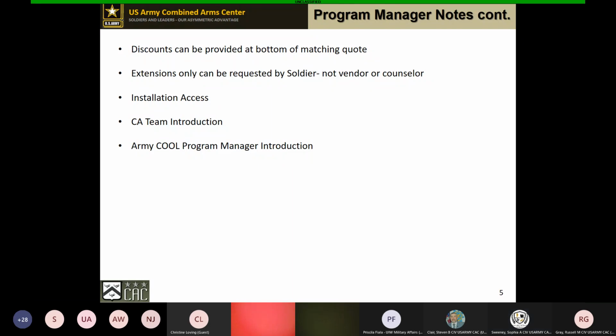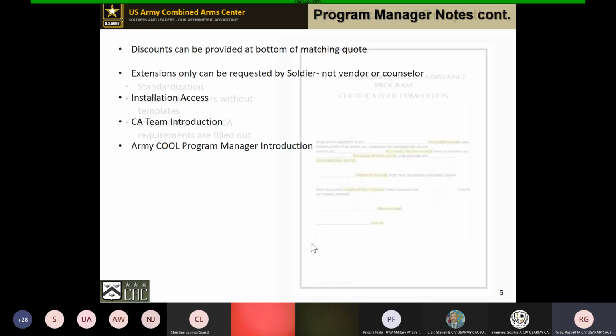Thank you, ma'am, and thank you, everybody, for your introductions and letting everyone know what this awesome team does. And again, thank each and every one of you for being a part of what we're doing, because without you, we couldn't provide the great resources to the soldiers. So thank you to each one of you as well. All right.